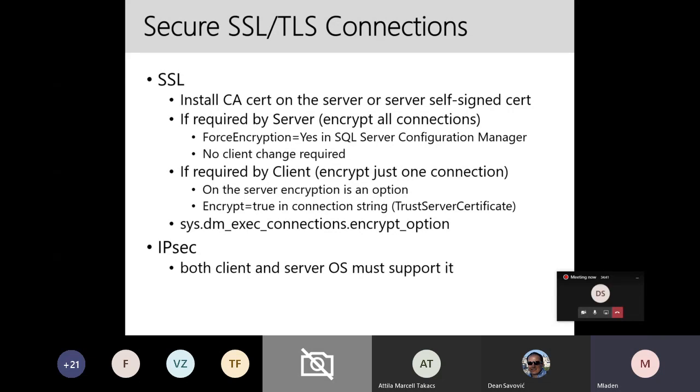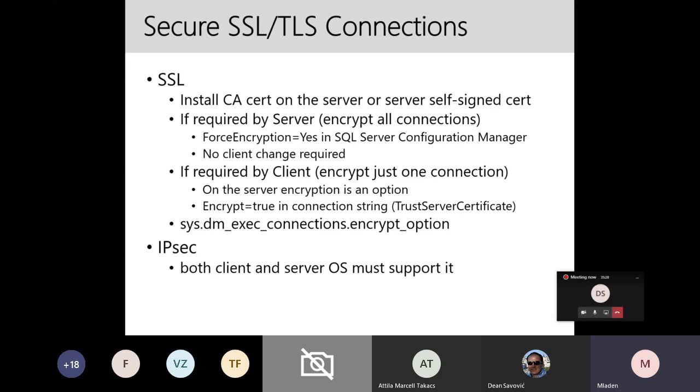Because why? The way it works is your server says, okay, I have this certificate that I want to encrypt all connections with, and this certificate is composed of a public key and a private key, right? And the SQL Server will always keep the private key, but it will send the public key. So when the client creates a connection, it says, okay, I require you to have an encrypted connection. Here's my public key. Use this public key to encrypt the symmetric key for the data transport, the way we talked before, the way it works. So the client will now have that public key, and they will encrypt the data, and they will start